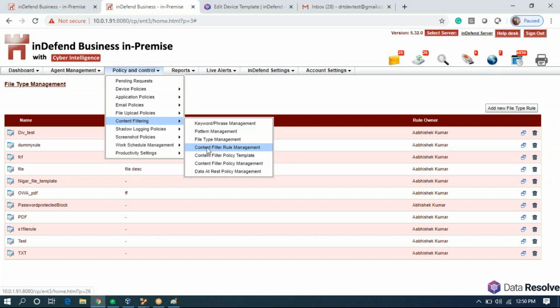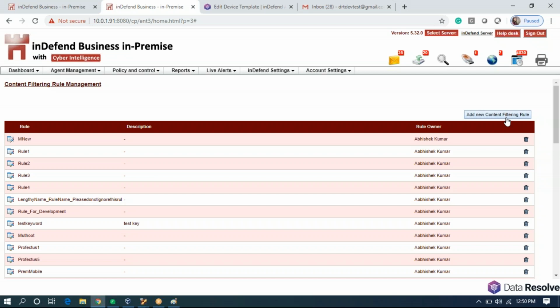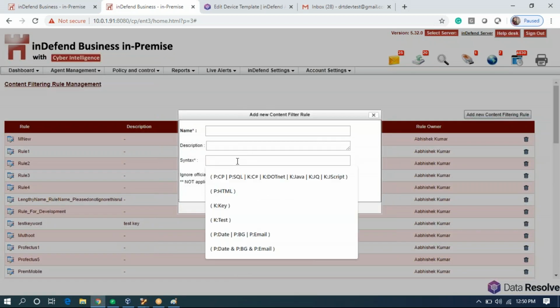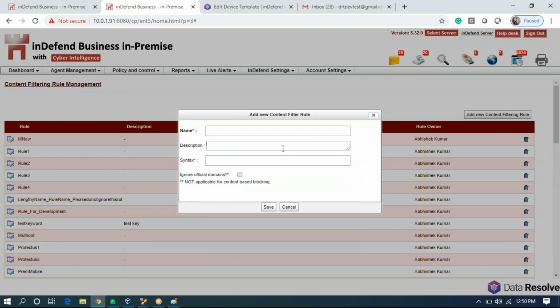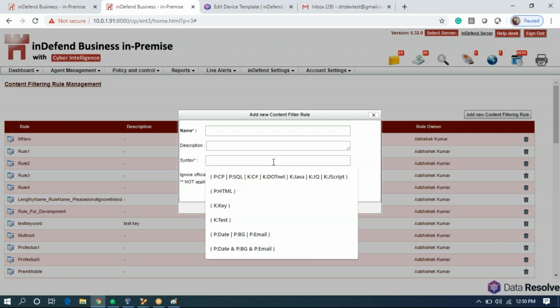the fourth step is to create content filter rule management. Content filter rule management basically creates a syntax which is a combination of these rules. Right? For example, you might say, I want that my keyword rule 1 or my pattern rule P. If any of these two is triggered, it is an alert for me. Right? So you have an or rule with these two, or you can have an and rule with these two rules. So from here is where you define the syntax.